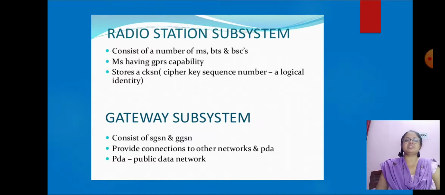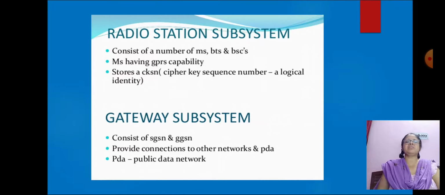Mobile stations have GPRS capability and they store a CKSN. CKSN is the cipher key sequence number, a logical identity which is used to send cipher text. Cipher text is encrypted text, used to ensure the security of the system.